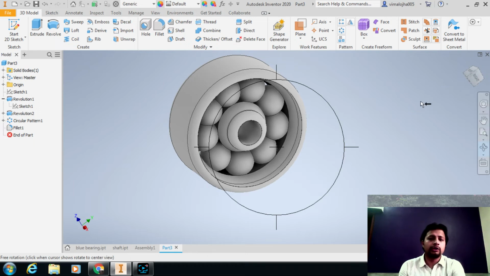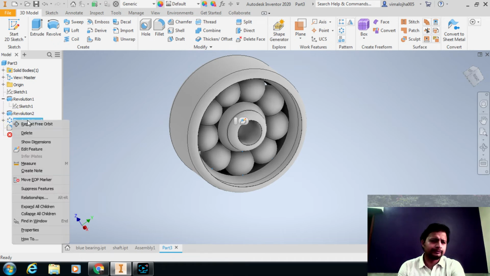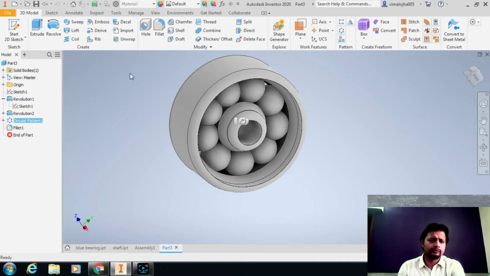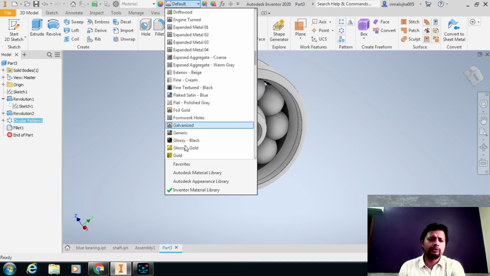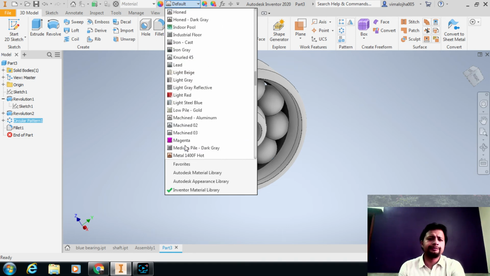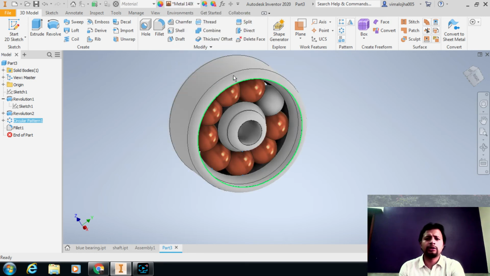Now what we need to do is provide the colors. Which color would you like to give this one? Suppose we are going to this one.